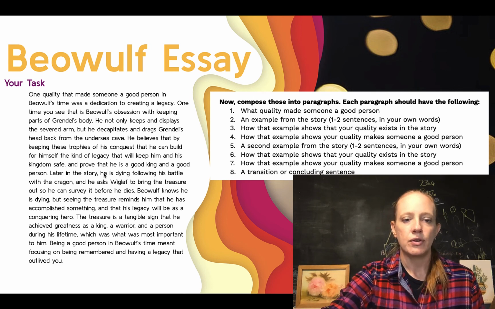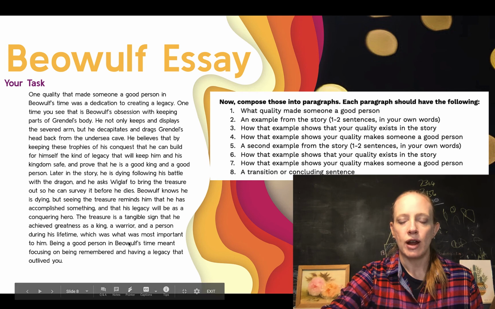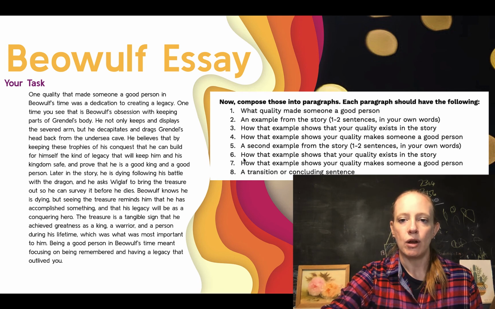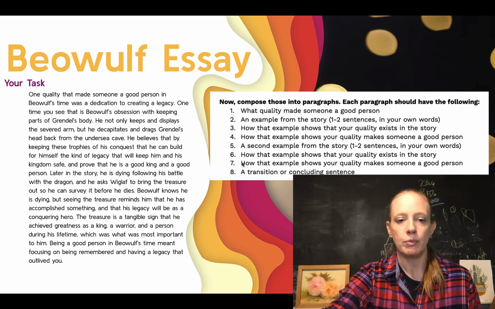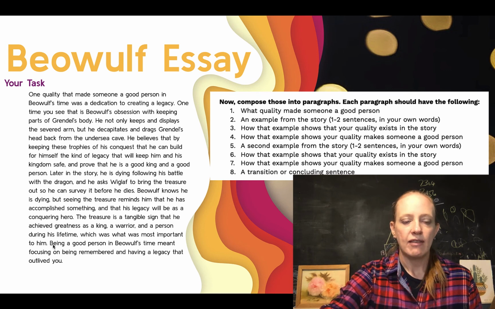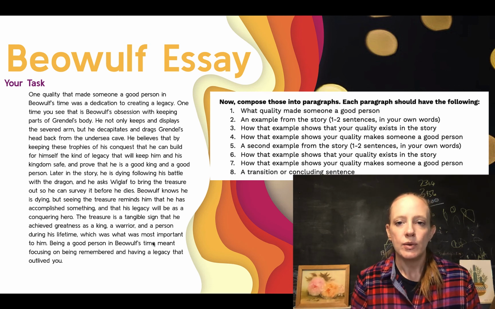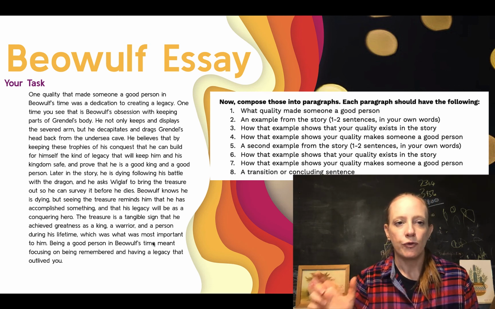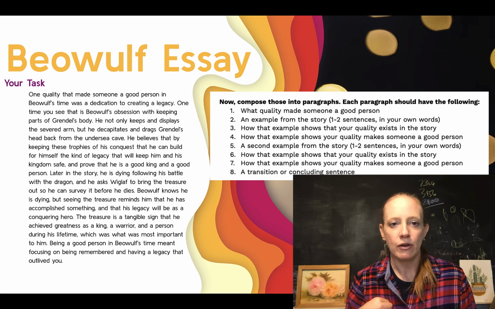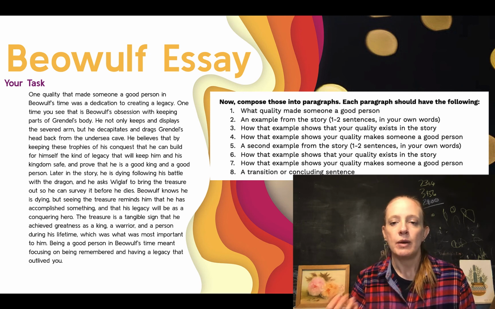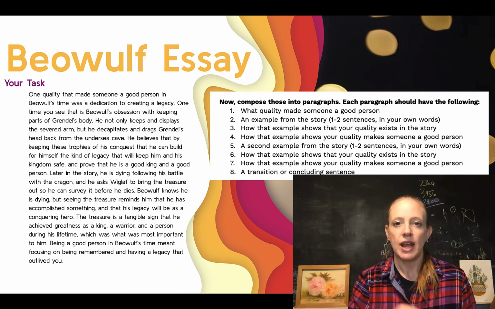So later in the story, here's what happens. And then again, the meat of this paragraph is explaining how the quality exists and how that makes someone a good person. Then I have my final concluding sentence. Being a good person in Beowulf's time meant, and then listing my quality. So again, there are some pieces here, some frames that you can take out of my paragraph to help you write yours. But it really needs to be your examples and your own words in giving those examples,